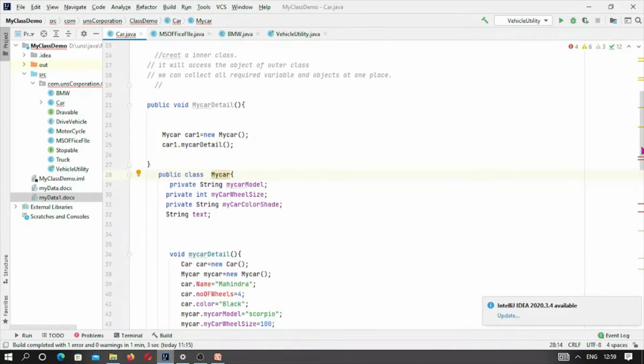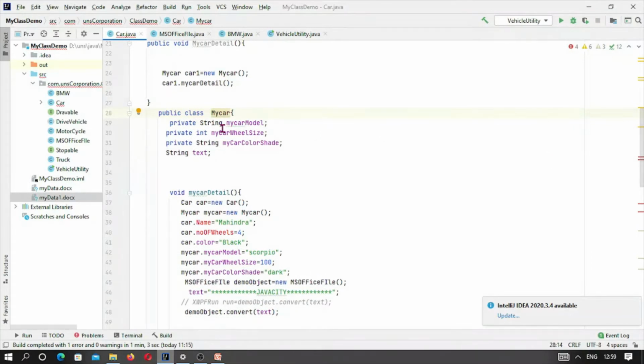Now inside this inner class we have created another method, an inner class method, and this will show my car detail. So simply car, inside a my car, inside a car, and my car detail inside a my car class. Now from here we can call the private fields of the outer class.